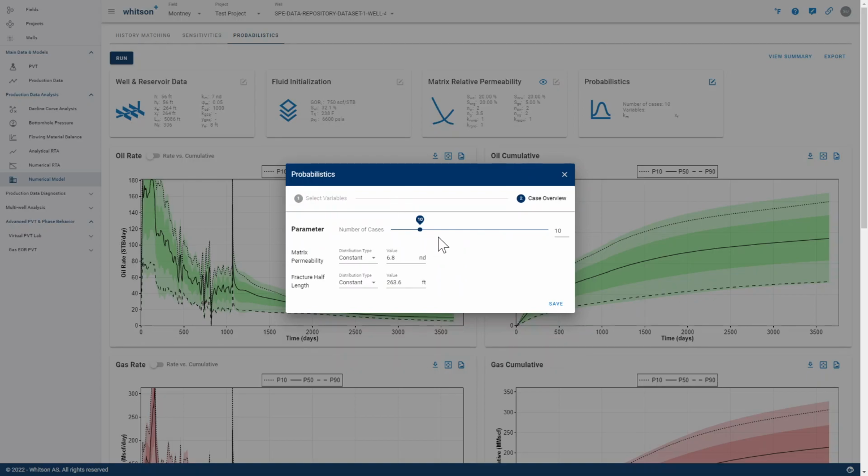Then in the case overview, you define the number of cases that you like to run. In this case, I'll just run 10 just for example purposes. And then for each of these parameters that you've considered uncertain, you can pick whatever probability distribution you like to assign to that. So for both of these cases, I'll apply a normal distribution to both of these parameters,